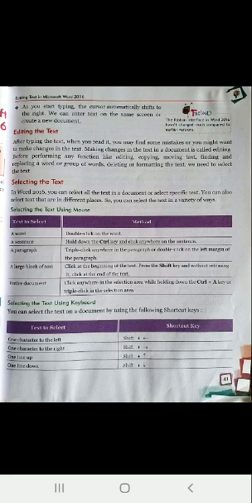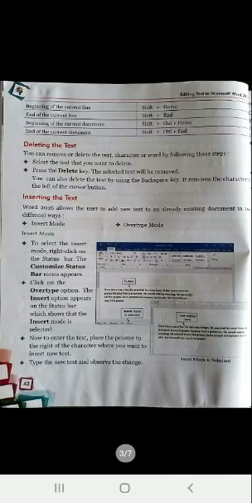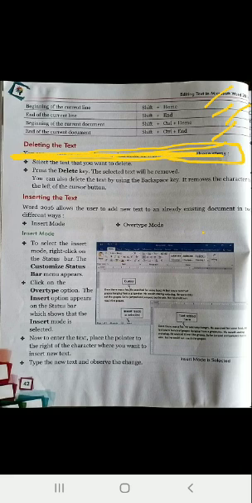So these are the shortcut keys to select one character to the left, one character to the right, one line up, one line down. You have to learn these shortcut keys. And another set is the beginning of the current line, end of the current line, beginning of the current document, end of the current document. Okay, now when you select the text, like you select this whole line, and if you want to delete this text, press the delete key and this line will be deleted.